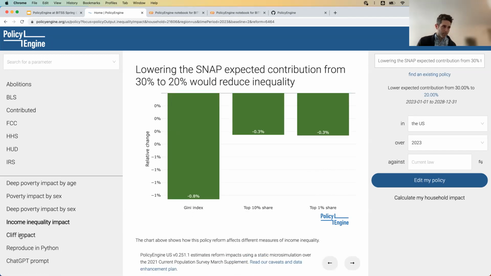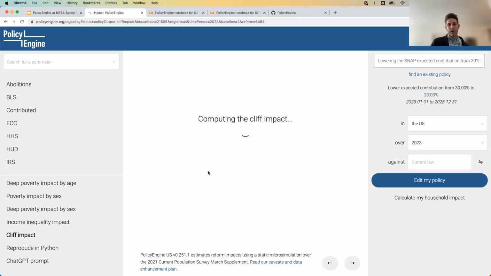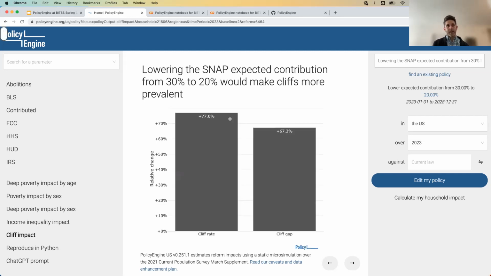And here's the last one. We actually estimate the impact on cliffs, and we have to rerun this because we basically have to do a double simulation. This is the share of people who, if they were to earn more, would be worse off. You can see those cliffs at the individual level in the household chart. This is what lets us see the impact overall. This shows there is some tension between poverty reduction and cliffs in this case. It's actually making the cliffs more prevalent and larger as well.